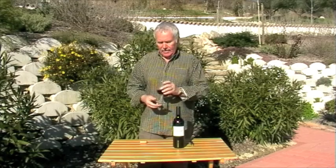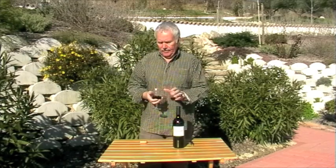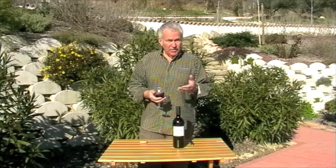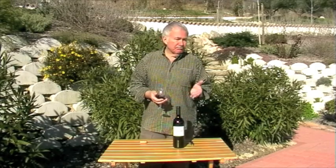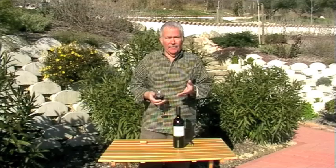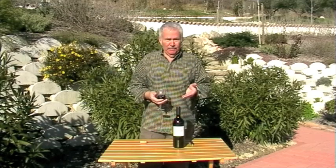It's a light red colour. Let's let it warm up a little bit. Of course, if you were drinking this at home, you would be advised to open this an hour or so before drinking it. And with any good bottle of wine, it's a nice idea just to decant it as well